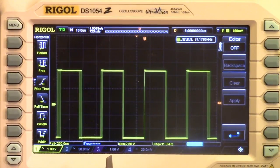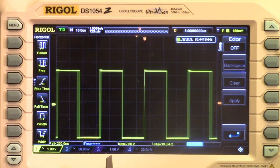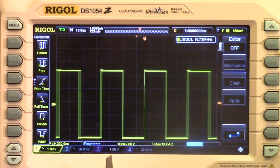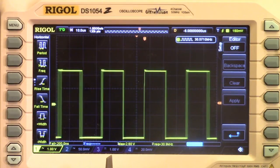okay, now we're back to blue again. We're back to S2 is low, S3 is high, so we're back to the blue set of photodiodes. He's not looking at the blue object I have in my hand. He's sitting at about 30 kilohertz. That's just looking at me. Now if I show him the blue object,